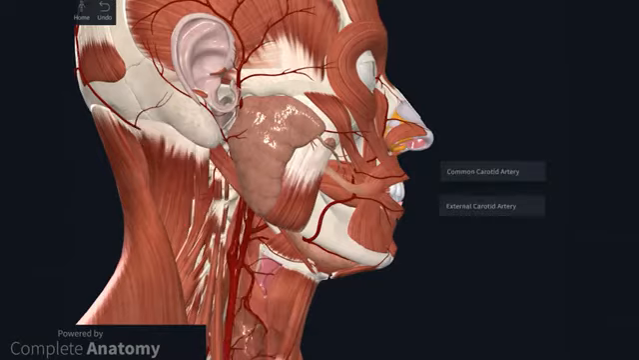If I take out sternocleidomastoid, we'll be able to see the bifurcation clearly. You may be able to feel the pulse of the bifurcation on yourself by placing a fingertip just lateral to the upper border of your thyroid cartilage. The origin of the external carotid artery is approximately here at the level of the upper border of the thyroid